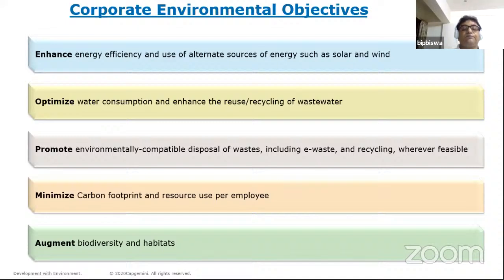To this extent, I would also say that financial institutions like banks, which provide loans and also take part as partners in various large projects, such as a power plant project or an infrastructure project, for example bridges or highways, carry out environmental and social impact assessments. There is a process called environmental impact assessment and environmental management plan, the guideline of which for any development project has been promoted by the Ministry of Environment and Forest, and one has to get a permission or approval from the Ministry of Environment and Forest